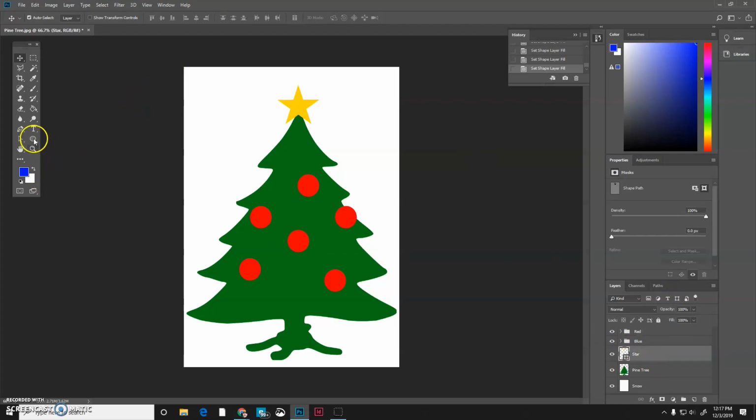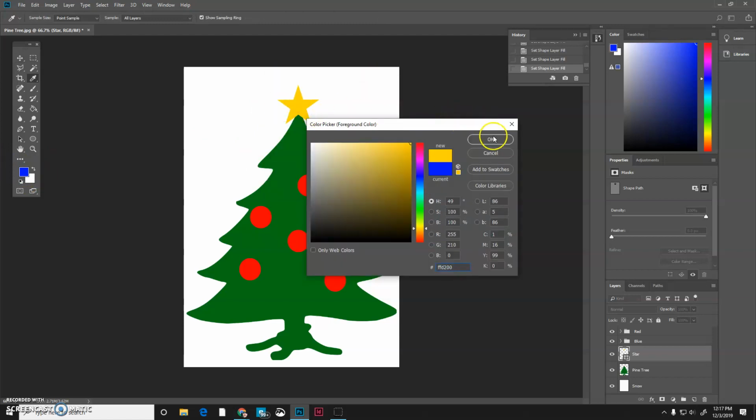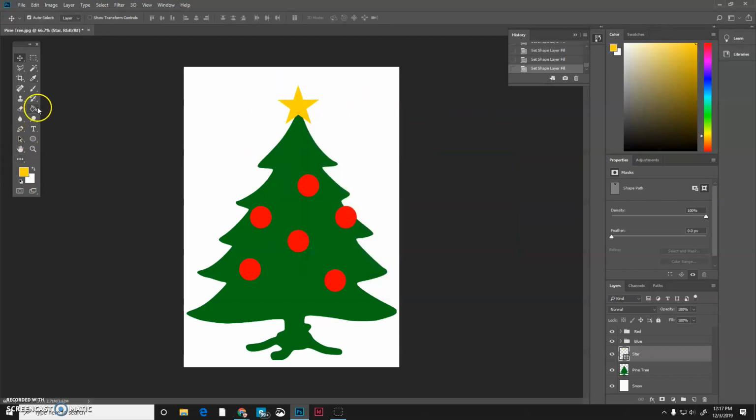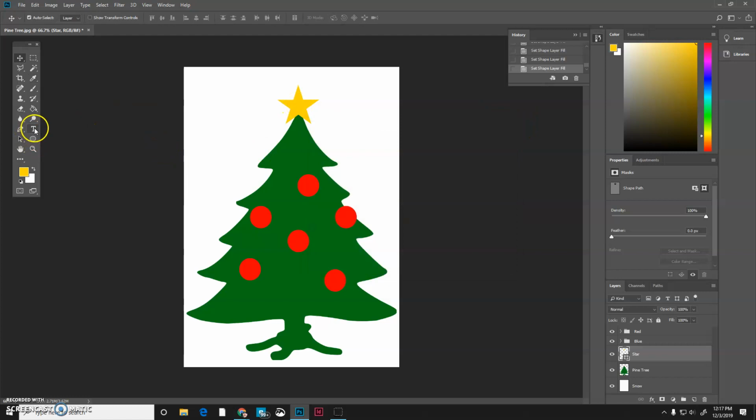I want to create just a little thing to make it look like it's going to glow here. So I'm going to grab that yellow color off of the star again by just clicking on the color right here and then using the eyedropper, right, and just clicking on the star itself to get that exact same color. And what I want to do is just use my line tool, right,